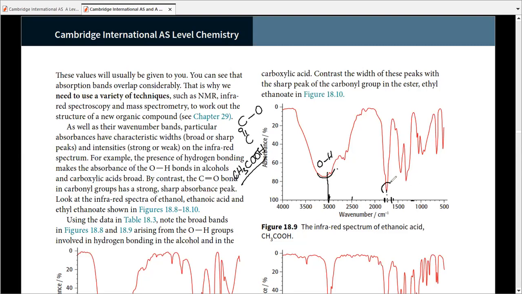So you have this peak. And of course, this one is also sharp. Okay. So this gives you the idea of what we are supposed to do. Are we good? I think that's